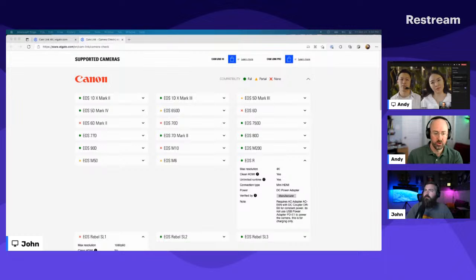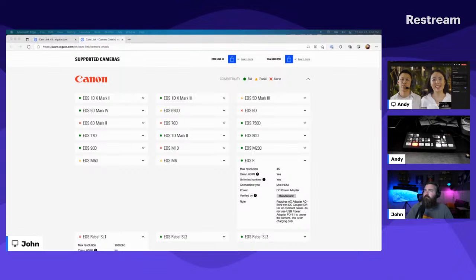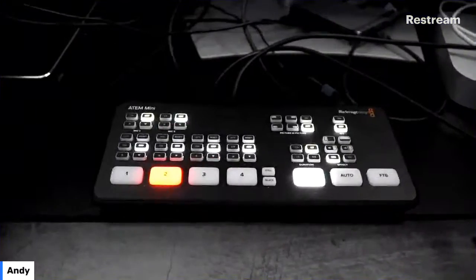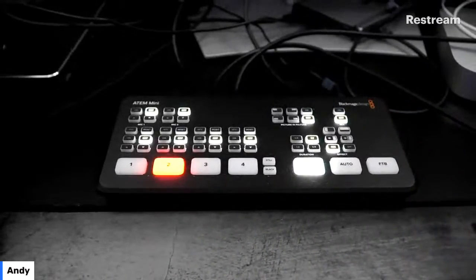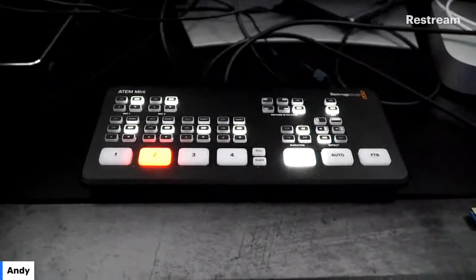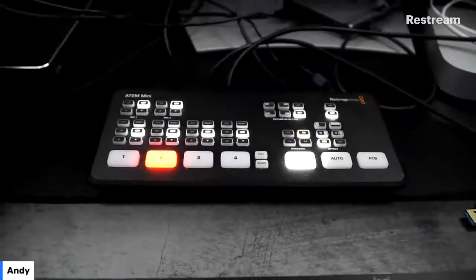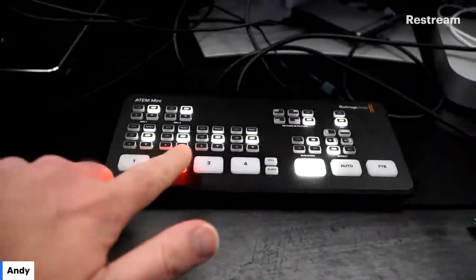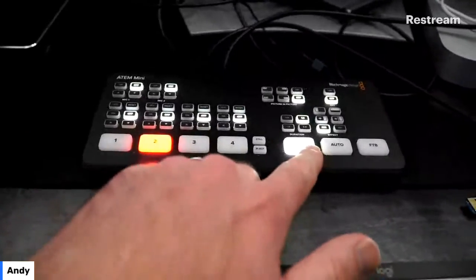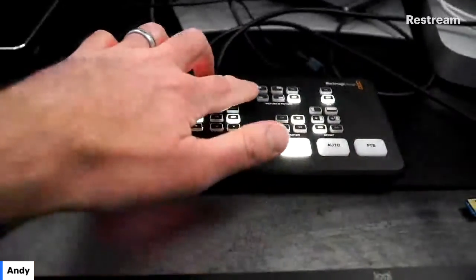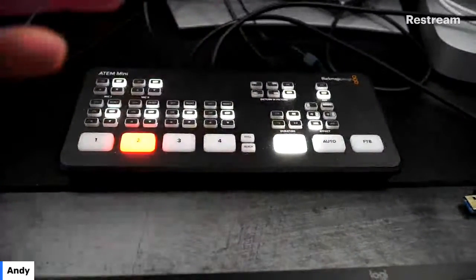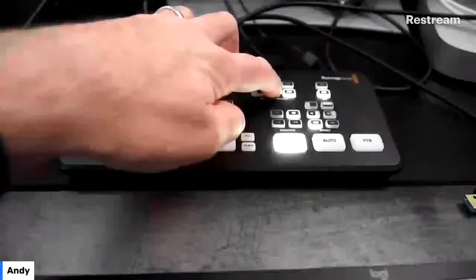Speaking of capture cards, this is actually my capture card of choice right now. Bringing this up on the screen. I talked a little bit about this earlier. This is the Blackmagic Atom Mini. This is actually the first version of it, which retailed, I think, around $299 when it came out. This allows me to input 4 separate HDMI feeds, and then I can just switch between them. There are also transition modes built in, so you can cut or do a transition, and it has picture-in-picture built in as well. So I could technically have a picture-in-picture running inside of there.